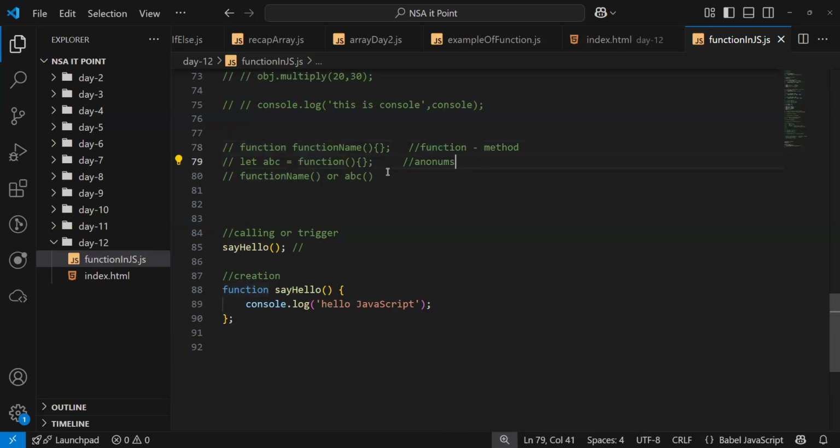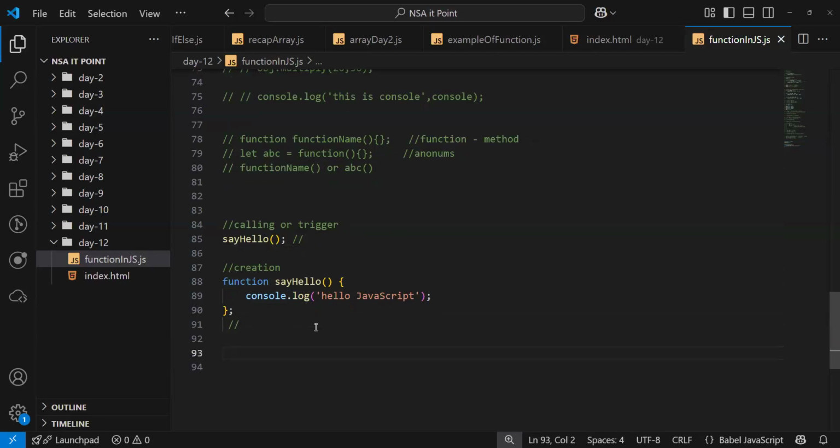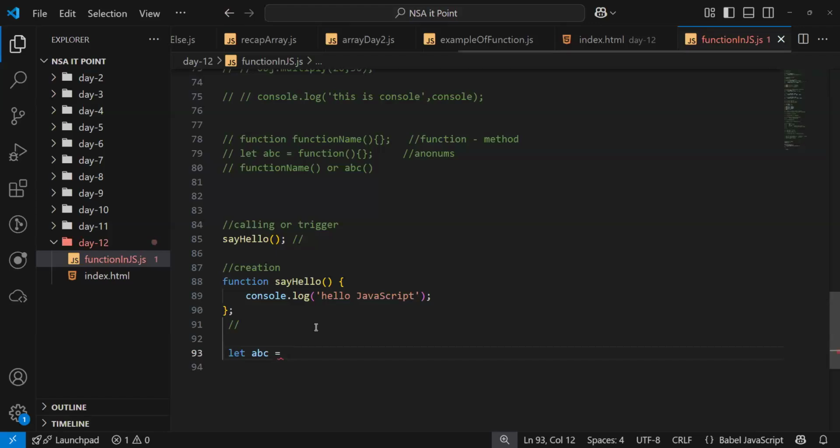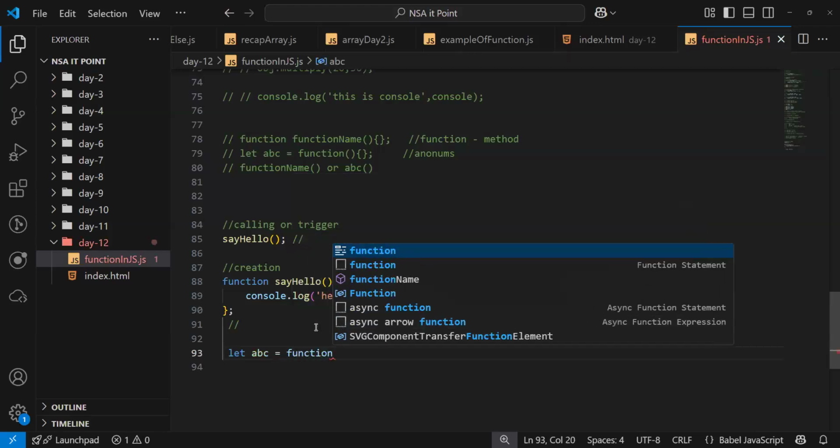Okay, and it's an anonymous function. I'm just telling you the difference. If I write a normal function using the keyword function and its function name, you can call it from anywhere. But for an anonymous function, or a variable function, like let ABC equals function,